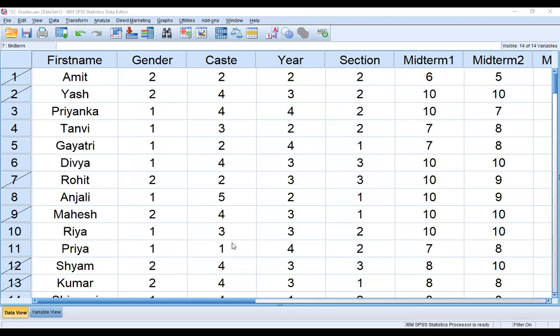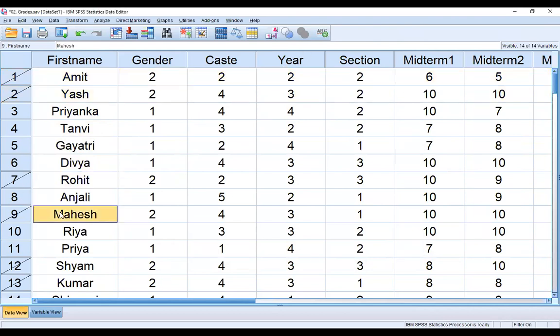Now you can see the slide. Now I can analyze only the female students' data. All the male students' data you can see is cut.